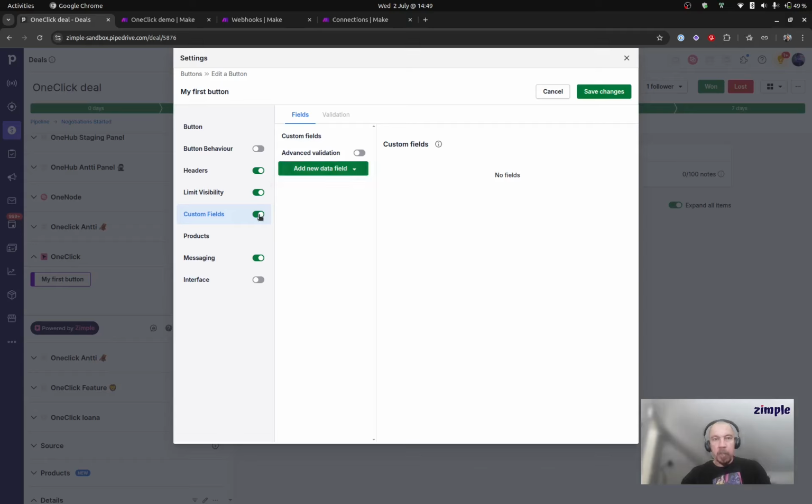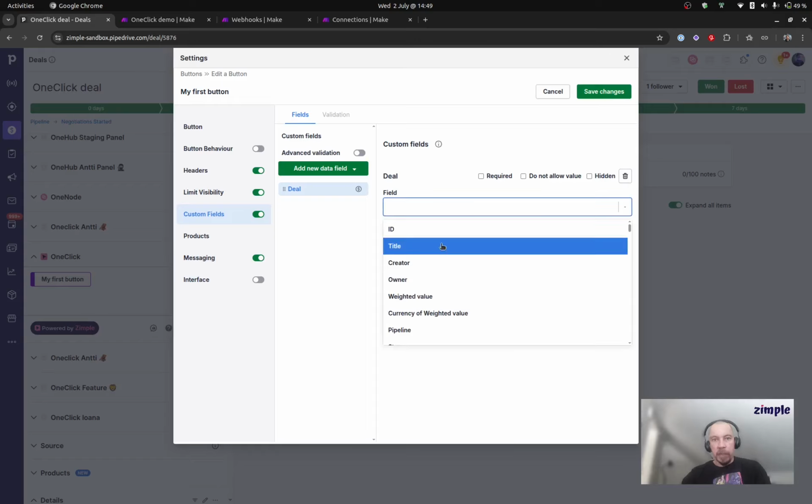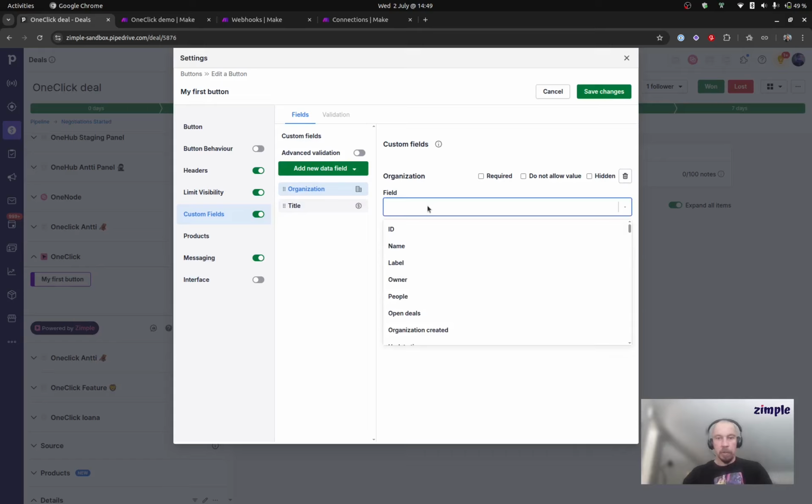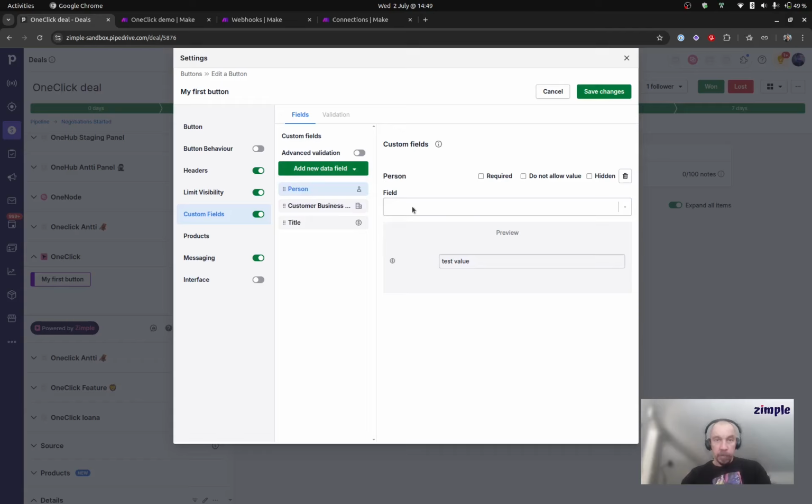First, enable the custom fields feature and then start to add the fields that you want. First pick the Pipedrive resource type, for example deal, and then from the drop-down list select the specific field that you want to be included. Let's pick, for example, the deal title, then an organization field, business ID, a person field, email,